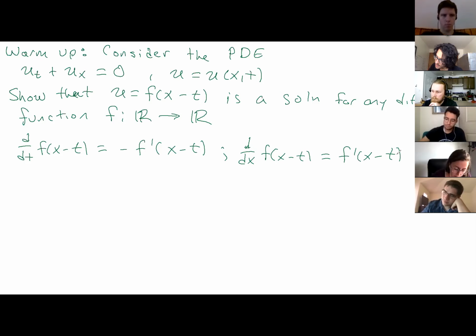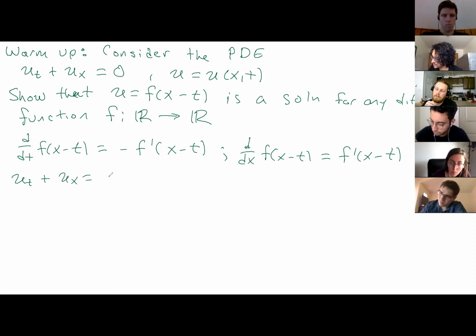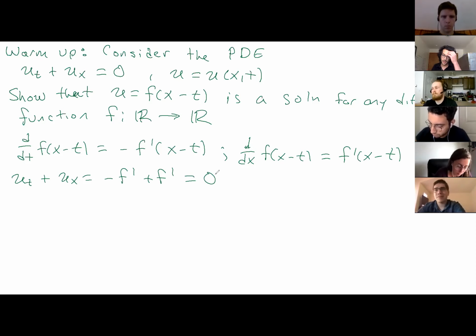And if we combine these results, then we get that u_t plus u_x is equal to minus f prime plus f prime equals 0. Okay. Now,